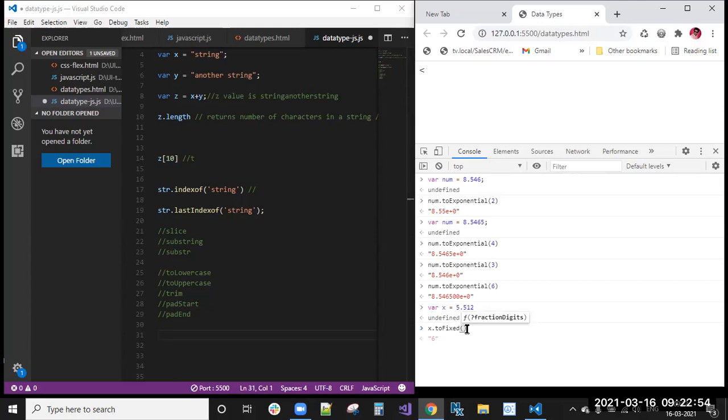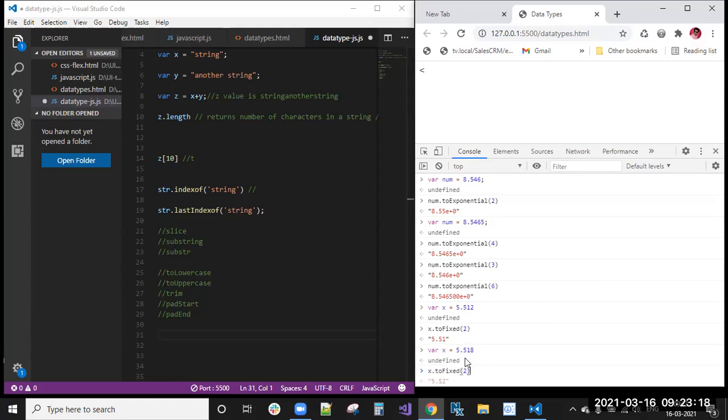I want to fix it to two characters. Now you can see 512 is there, and that last 2 is removed. Only 5.51.